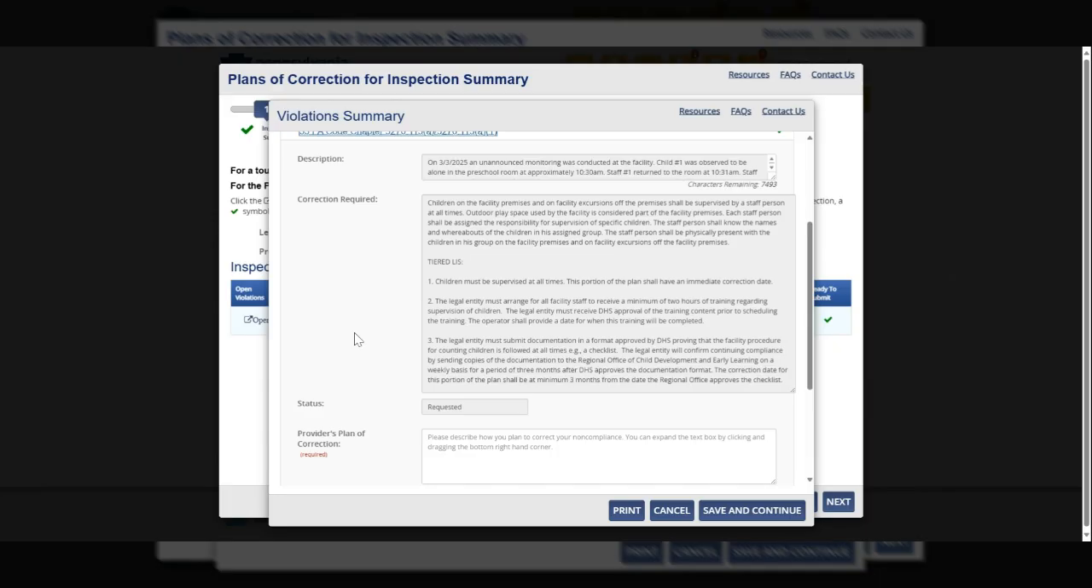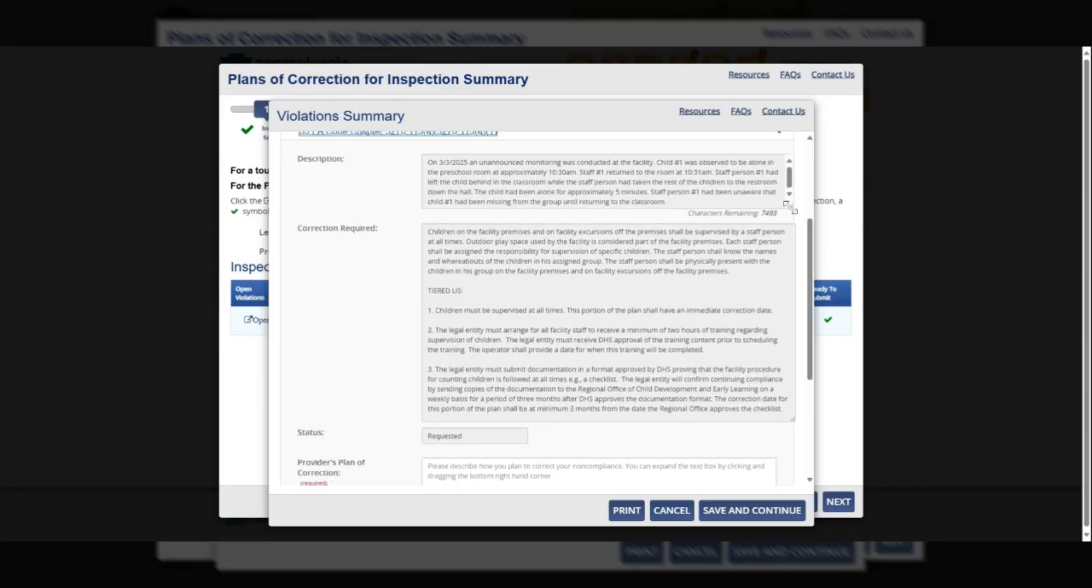tiers. And so for this example specifically, the regulatory violation was that there is a lapse in supervision, but you may receive a tiered LIS for other areas of noncompliance. We're just going to use supervision in this example. So to address